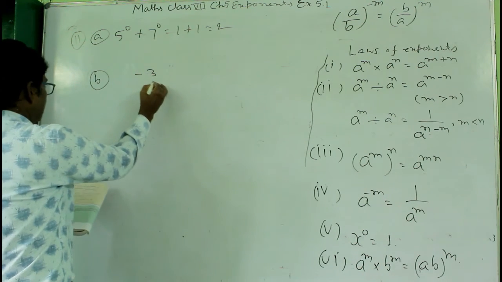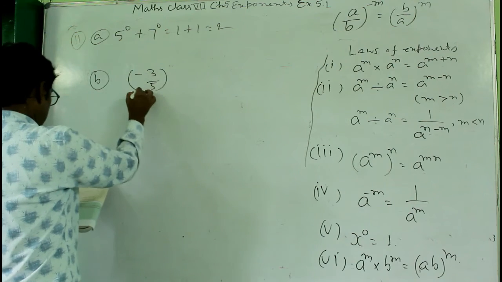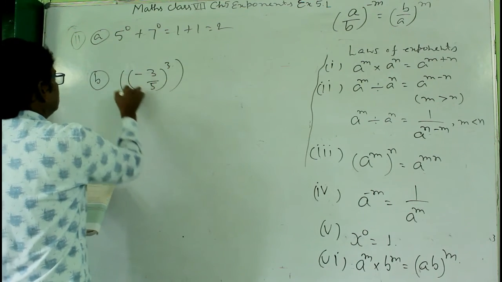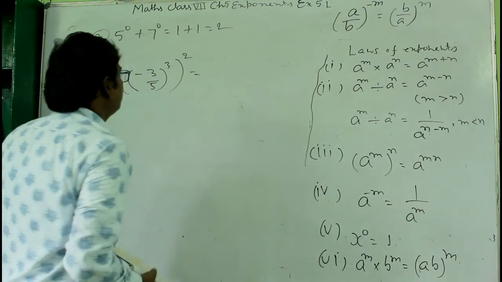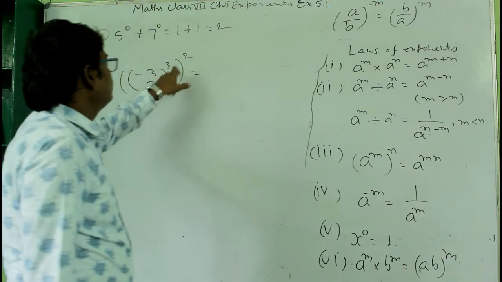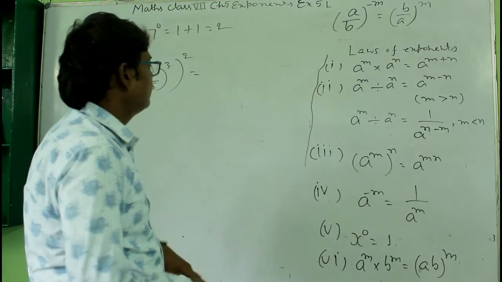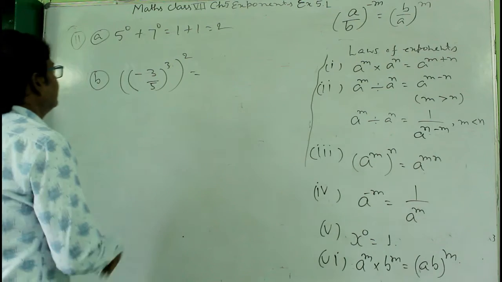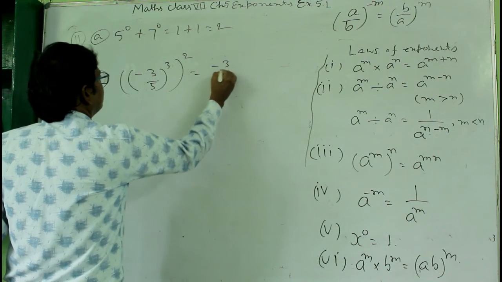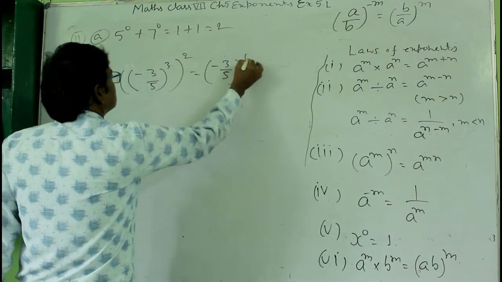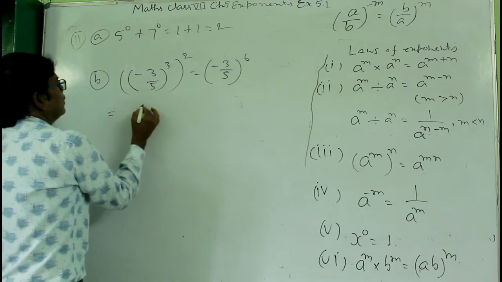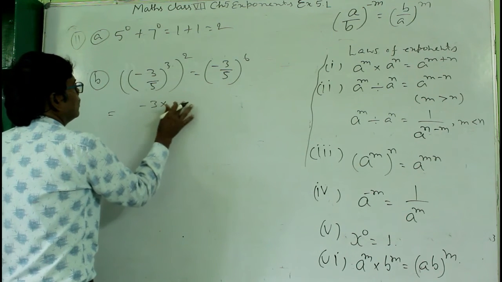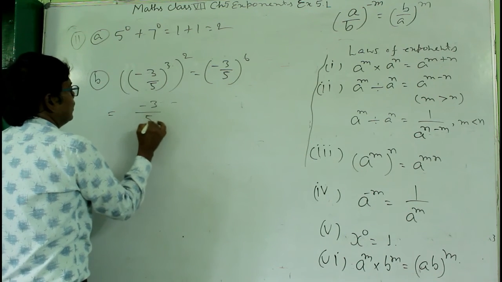minus 3 by 5 to the power 3 to the power 2. Now what will happen here? That is power to the power, and these two powers will be multiplied. See this formula here, number 3. So it will be minus 3 by 5 to the power 6, and then minus 3 by 5 multiplied